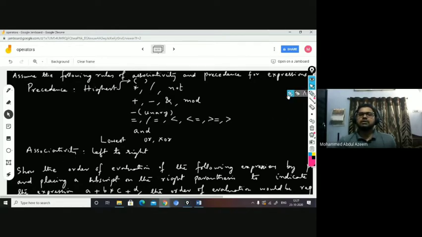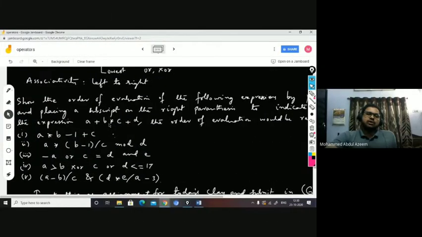The associativity rule has to be followed, and the associativity rule is given here. The left associativity rule is given. It means left to right, okay? When operators with equal precedence are available in a single expression to be evaluated, you are going to evaluate from left to right. Whoever comes first is evaluated first. Here you get plus and plus. Out of these two plus operators, both have equal precedence. When they are equal, then you go with the associativity rule. Left associativity is given to you, right?